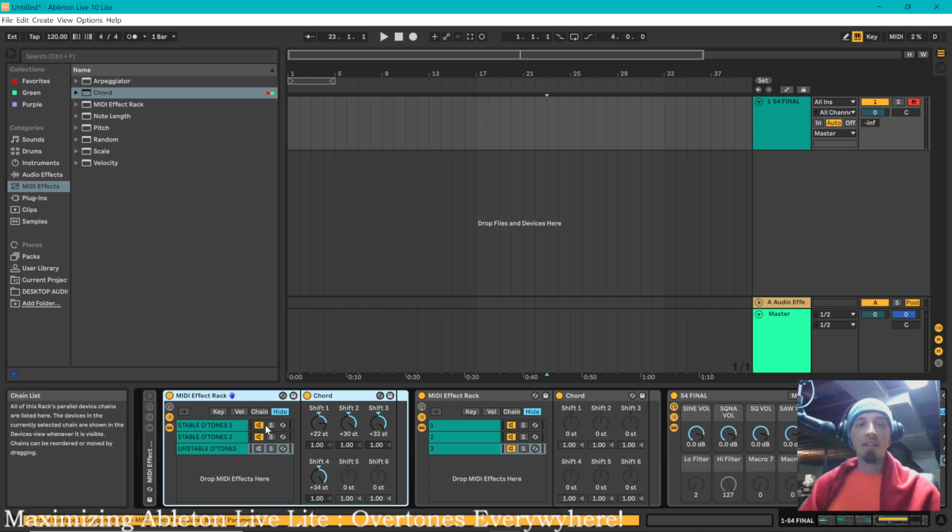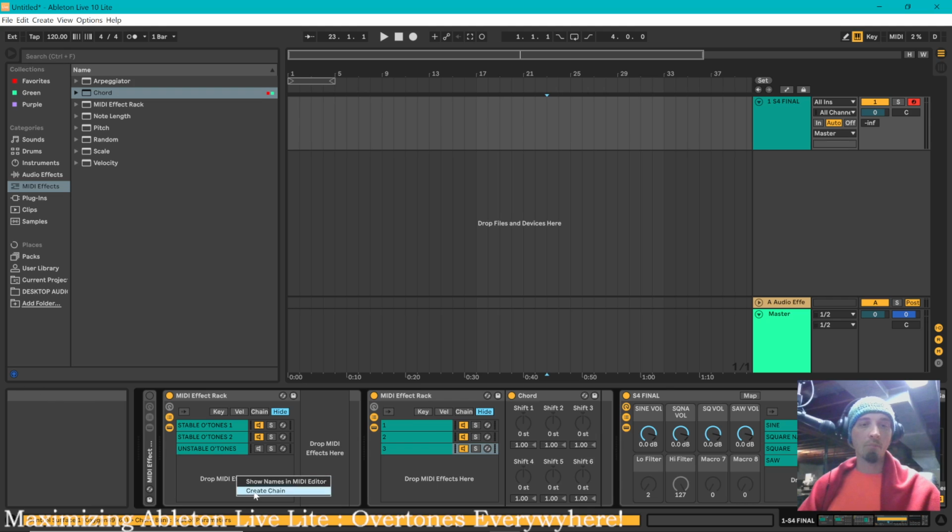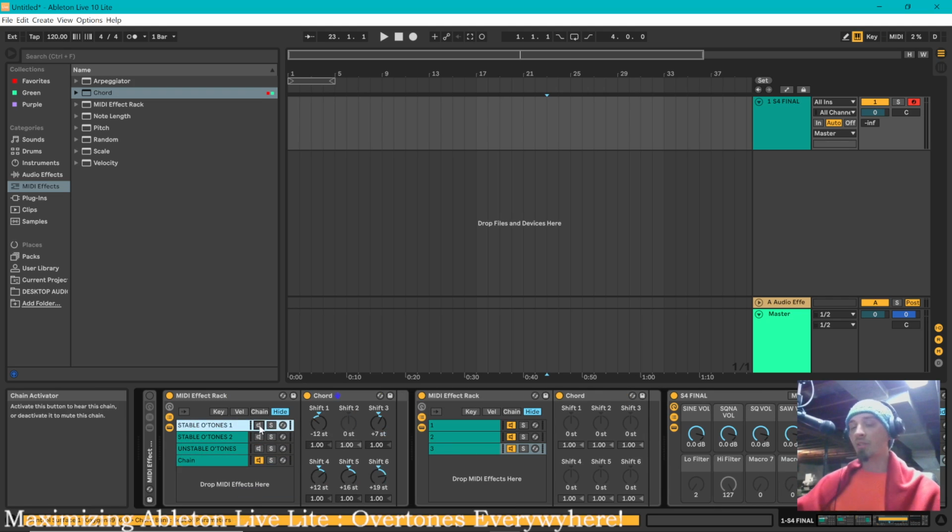But you may have noticed that my original instrument sounds like this. Let's go ahead and create just a blank chain so that you can hear. Here's my original instrument. It's just a sine wave, right? But when I start turning these on, all of a sudden you start getting a more complex sound. And the more overtones you add,